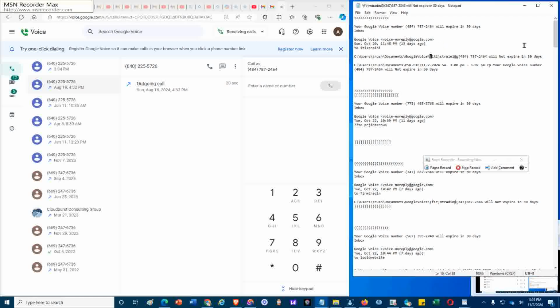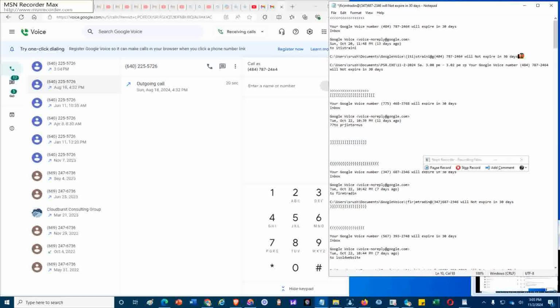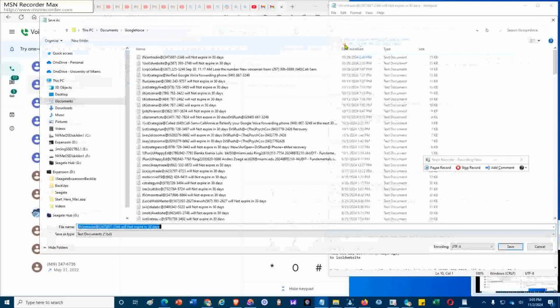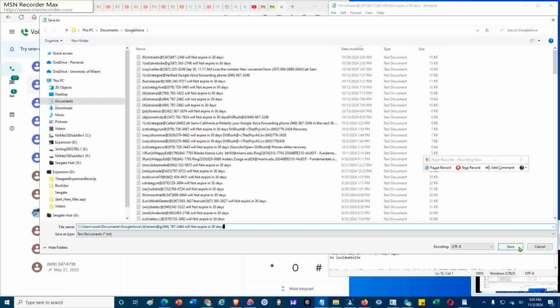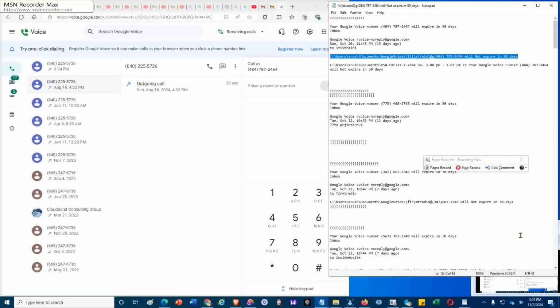Paste. Now copy to the clipboard buffer. File, save as. Paste. Now that I saved it there,